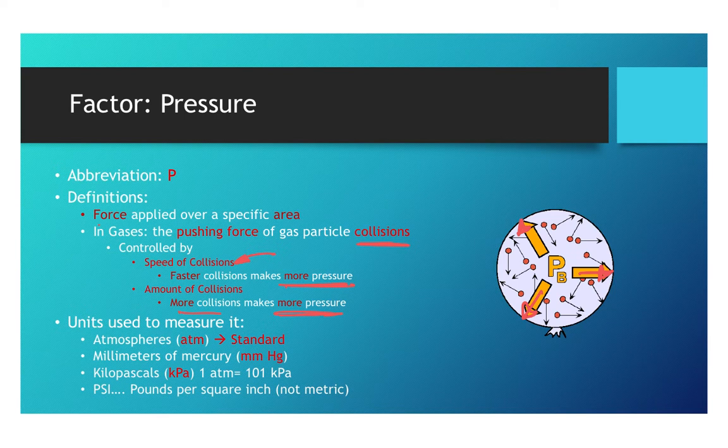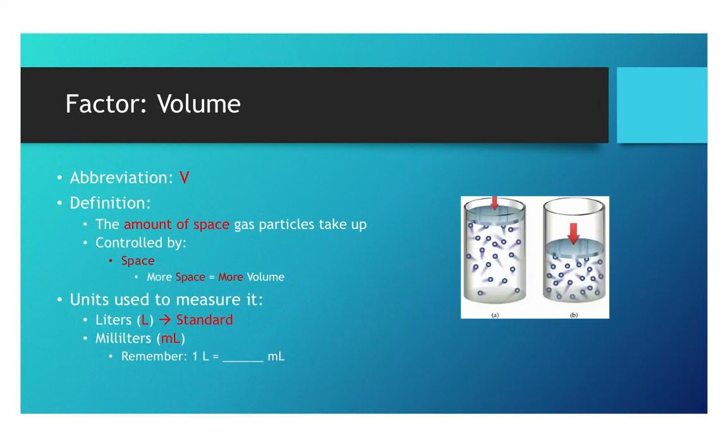Last but not least, for units, the primary unit that we use in chemistry is the atmosphere. Other units that are used are millimeters of mercury, the standard metric unit of the Pascal or the kilopascal, or even, like in our bicycle tires, pounds per square inch, which is not a metric measurement, but one that we use every single day. For purposes of chemistry, we are going to be using atmospheres as our unit. And 1 atmosphere is actually the average air pressure at sea level here on planet Earth.